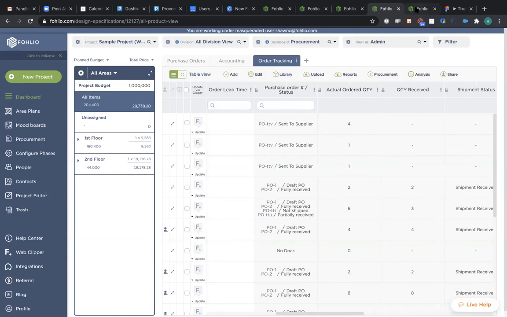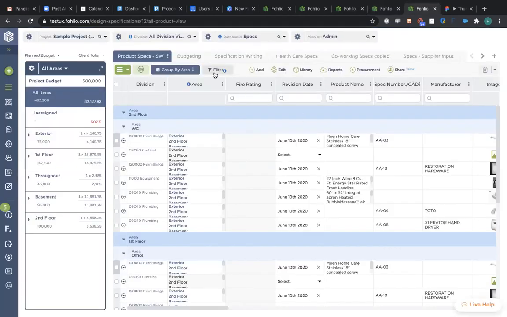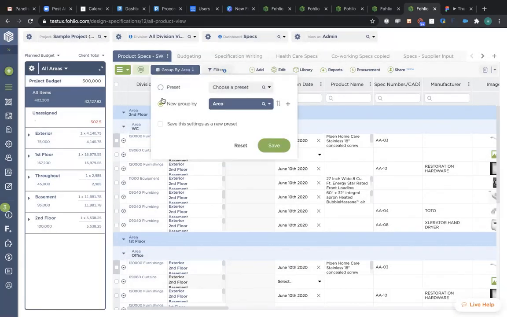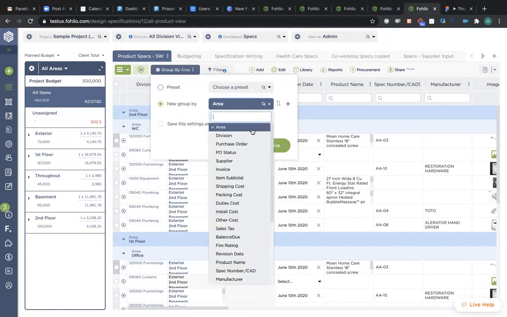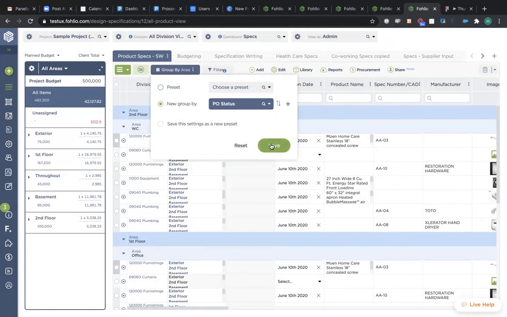So we are going to roll out a new interface with a function for you to group your data by different parameters. For example, when I'm working in the specification phase and I want to see the items by area, besides clicking on individual areas through the area planner, you can also use this new group by function, which we're actively testing. We plan to roll out in September. And so you can organize your data by area or by division, or even by, for example, your purchase order status,